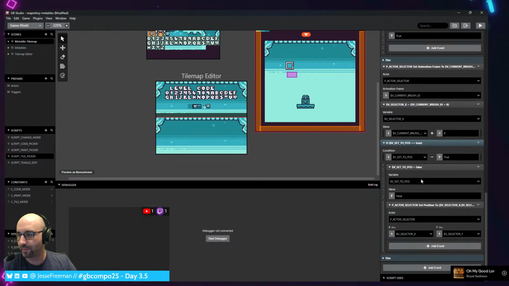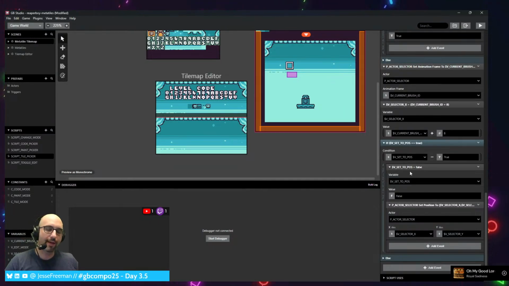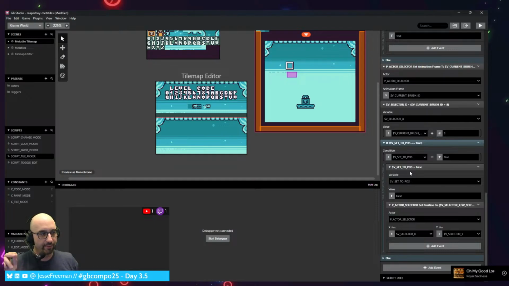What we could do is make this where it sets flags outside of itself, and then we interpret those flags inside of the main game loop. So the idea being we want to reuse the logic to move the selector all over the place, but we need to encapsulate it in a way that we can